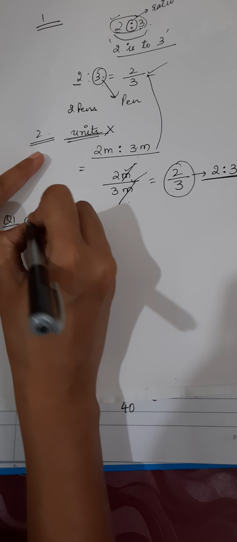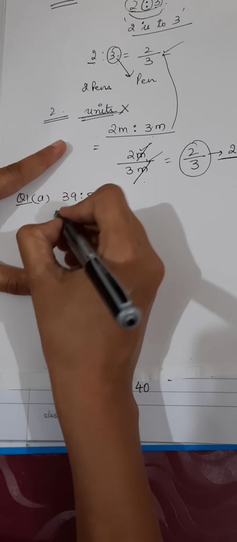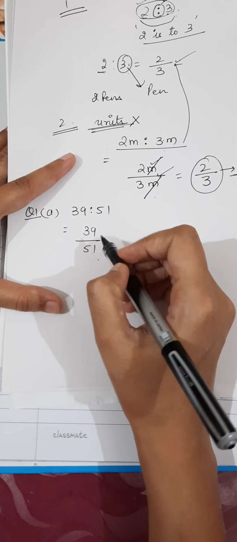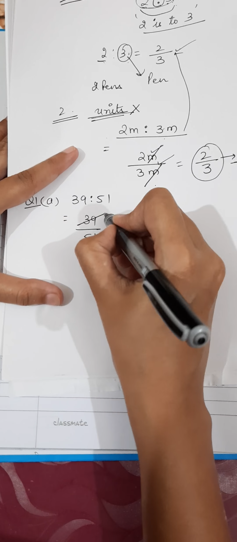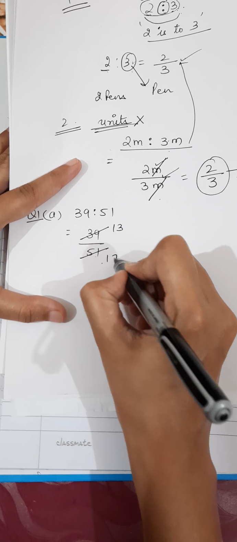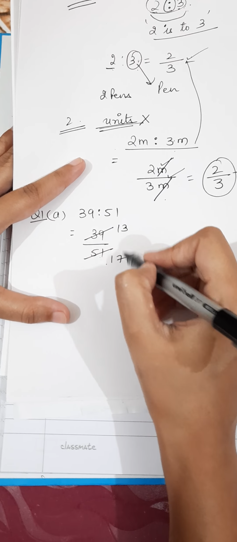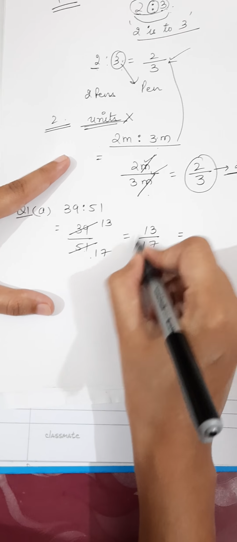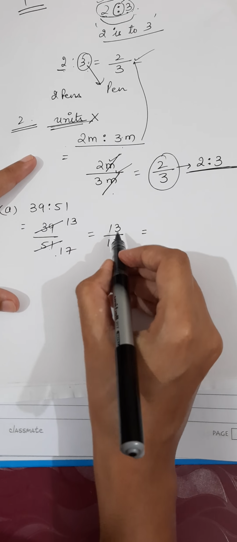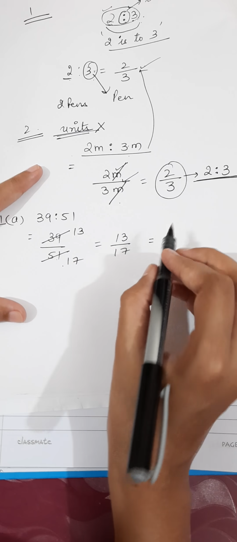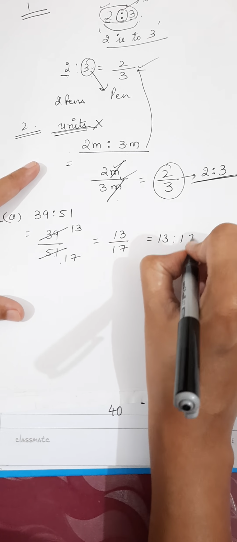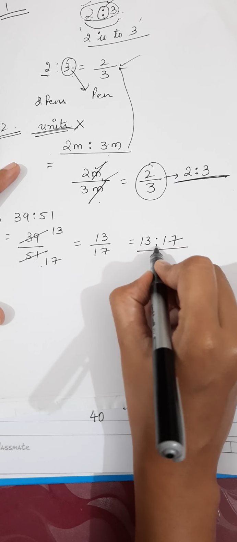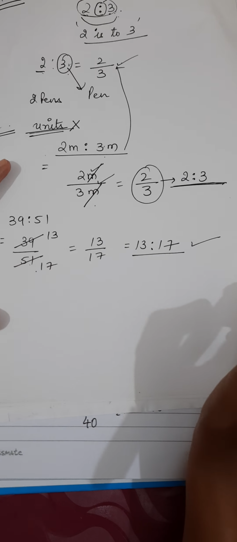Question number 1, A part, is given to us: 39:51. Now I am going to divide it, 39/51. Let me cancel these two on the table of 3, because they both get cancelled on the table of 3. 13 and this will go to 17. Now 13 and 17 are not further cancelled, so I'm going to write 13/17. And this divide sign, I have to write as the ratio. Even though this is the simplest fraction, I have to write the simplest ratio. So this will become 13:17. Simplest means which cannot be further cancelled. So that's how you do question number 1.